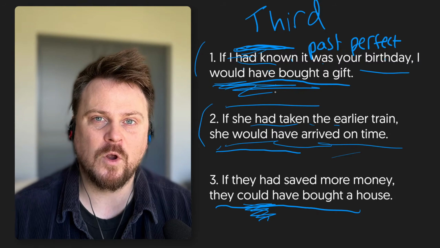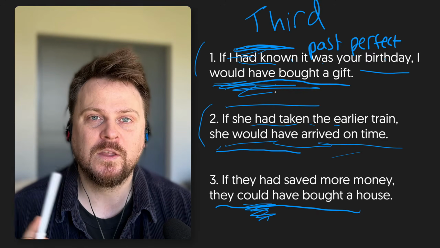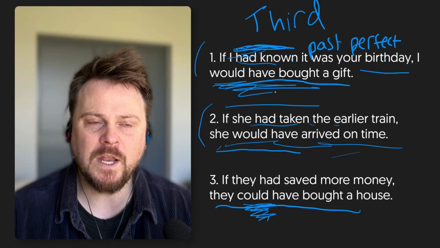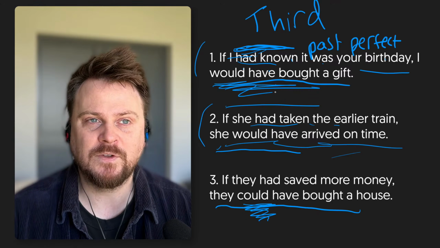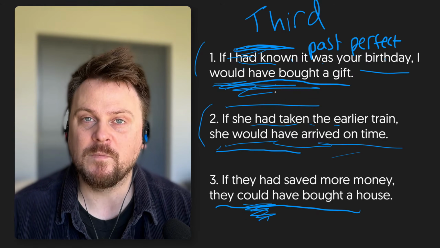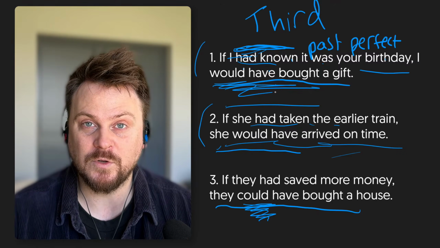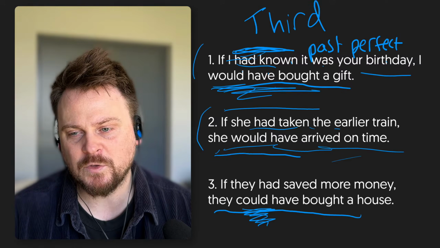I know that these are more complicated, especially the second and third, compared to the zero and the first. But getting a feeling for these with examples is really the key. You don't have to immediately get it. You can practice with examples, and that is what I would encourage you to do. So make your own examples, play around with these, try to get a feeling for how to use zero, first, second, and third conditionals on your own.